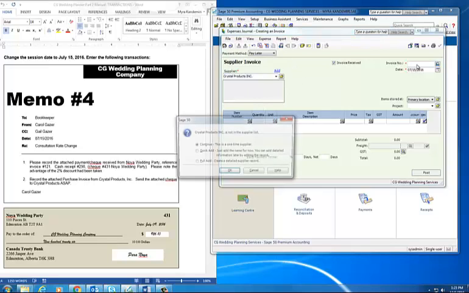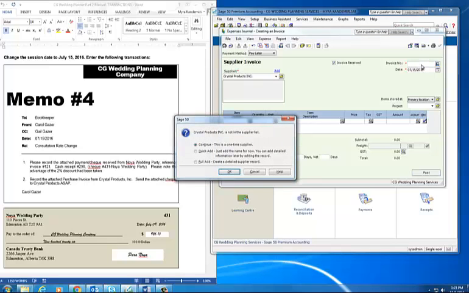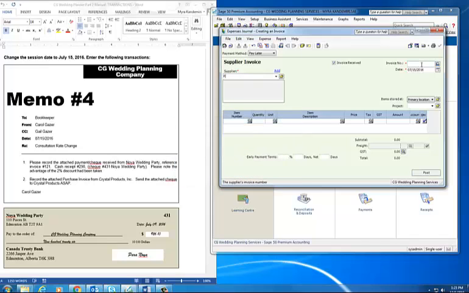Pay later is the payment method. The invoice number is CP2990. So CP